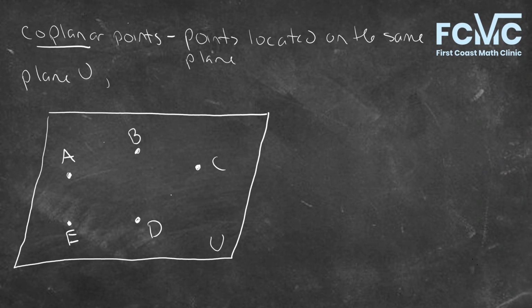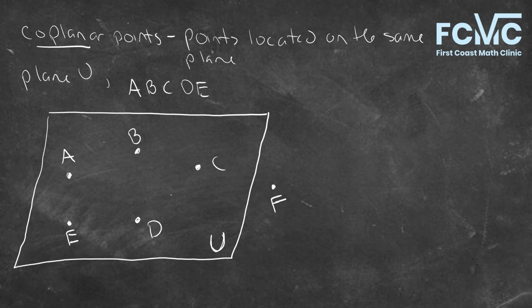So if we want to identify our coplanar points, we could name them all if we want, A, B, C, D, and E, or any combination of these points are going to be coplanar points because they're all on the same plane, plane U. Now, what if we had a point outside of this plane,